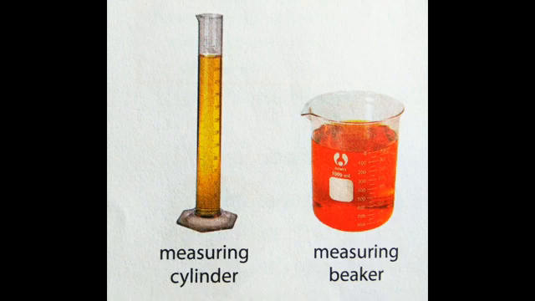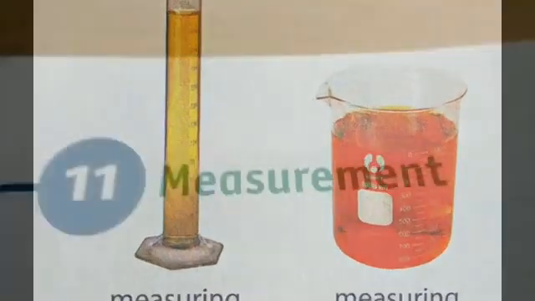Very small quantities of liquids can be measured in the measuring cylinder with accuracy. These measuring cylinders are used in the science laboratories. And you have the measuring beaker. The beakers are of different types. You can see in the oil shops, they are using these beakers for measuring the oils. Different types of measuring beakers can be seen in a petrol pump. But in modern days, the petrol pumps are using electronic machines for measuring fuel.